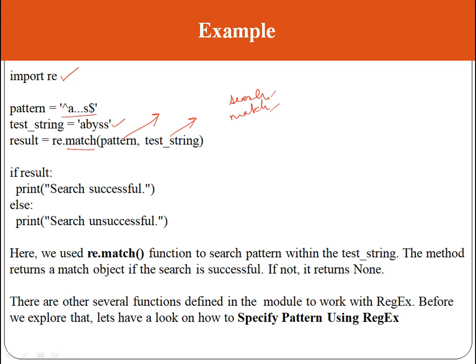If it is able to find it, it will say search is successful, otherwise it will say search is unsuccessful. So here we have used the re.match function to search the pattern within the test_string. The method returns a match object if the search is successful, and if it is not, it returns None.